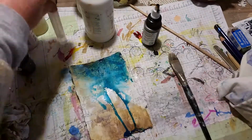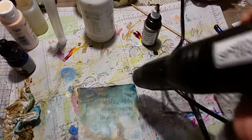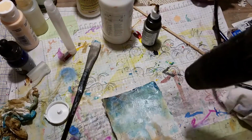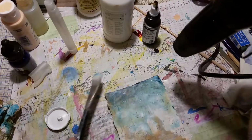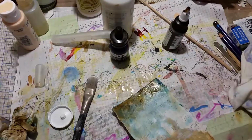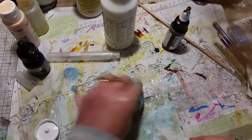So the original piece of watercolour had some tissue that I'd put on it and painted over with gesso. But now I've gone in with some Liquitex Turquoise Deep and some Golden Fluid Acrylics in Sepia. And so I'm just going back and forth doing the background, trying to get it to a colour that I really like. So I put on a layer, then I'll put on a bit of gesso, squirt it with water, heat it, dry it,